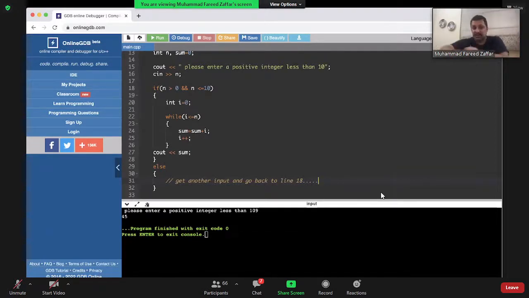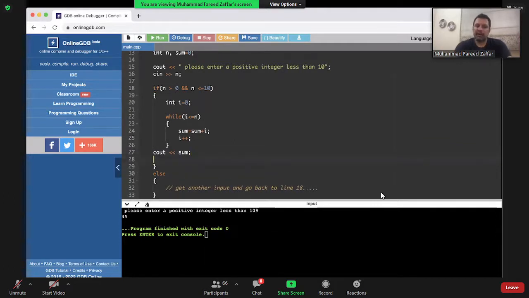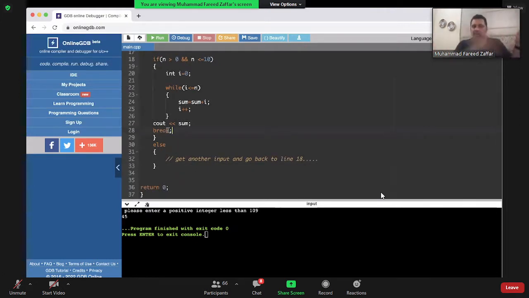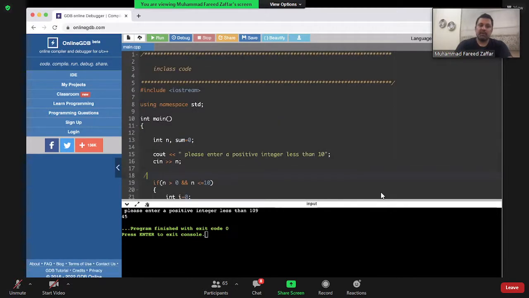You will have to do this, okay? And this means that if the user gave the correct input and we did everything right, then you need to break out of it, right? We haven't done that yet, but essentially the idea would be that you would break here: if the input was correct and you collected the right sum, then break out of it. Break essentially means stop the loop and go out. I can only tell this for the sake of completion right now, since some of your classmates might get confused. But essentially what we are saying is that we will put all of this inside a loop, an infinite loop actually,